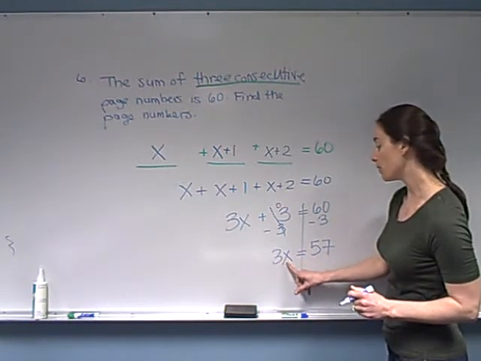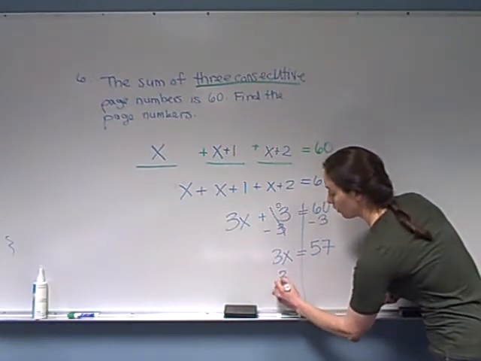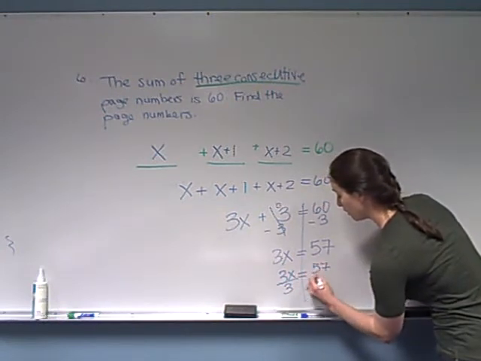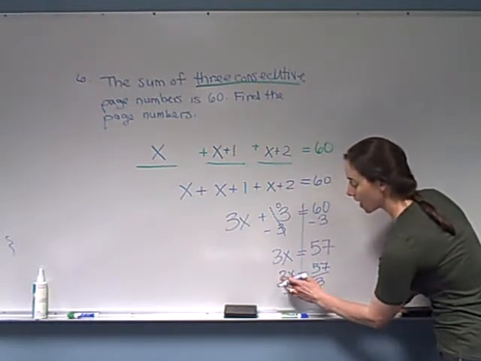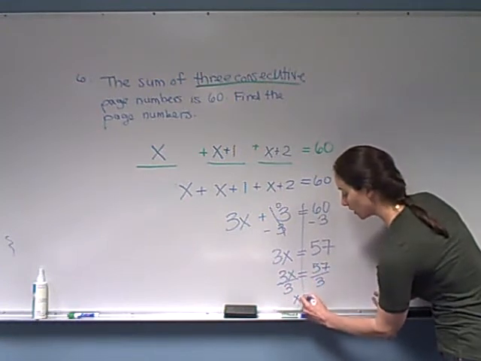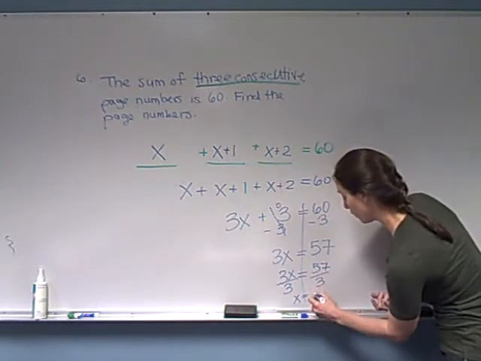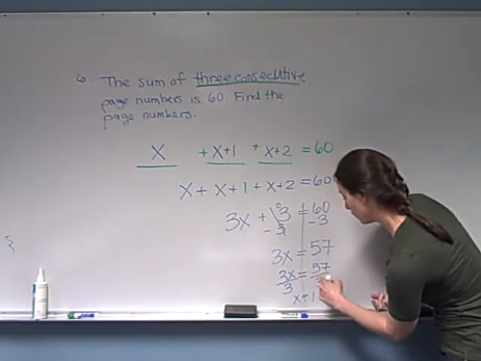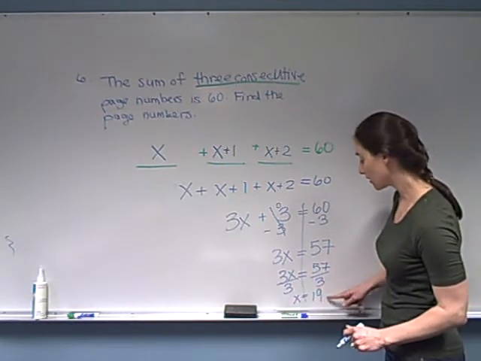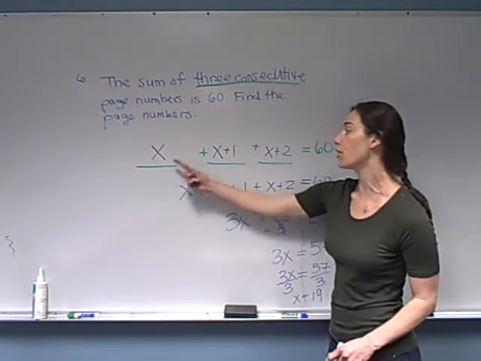Since my missing number is being multiplied by 3, I'm going to use division to reverse that process. So 3x divided by 3 is equivalent to 57 divided by 3. And 3 divided by 3 is just 1. So I end up with 1x on the left-hand side. And 57 divided by 3 is, let's see, 19. So my x is equivalent to 19, and that x represents the first number in my series of 3 consecutive